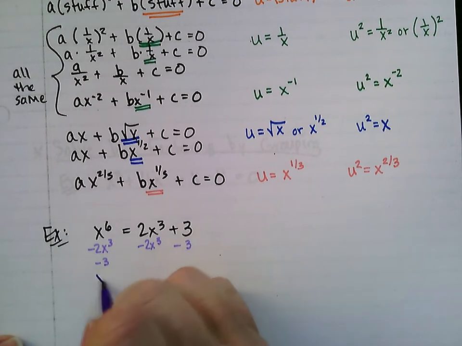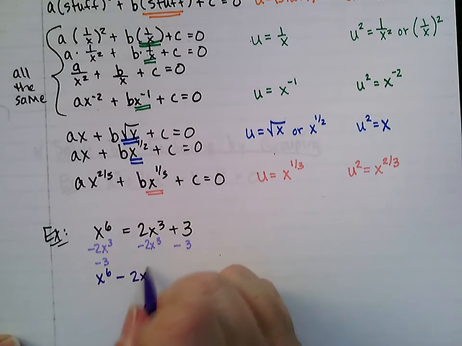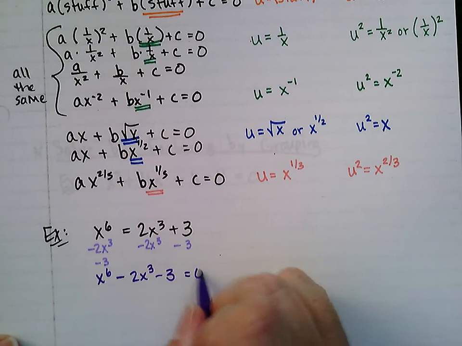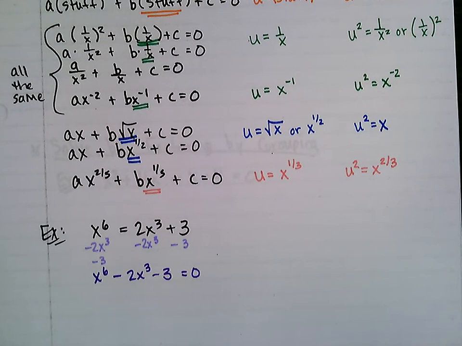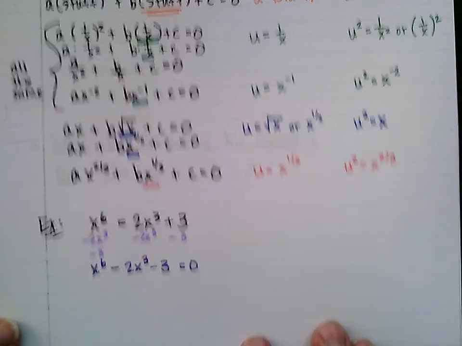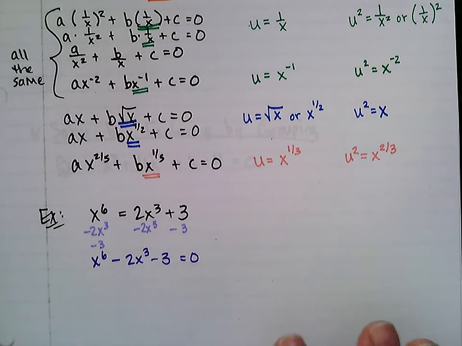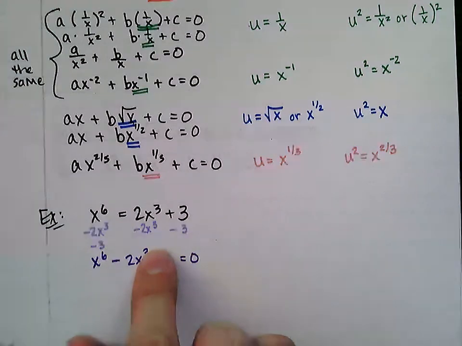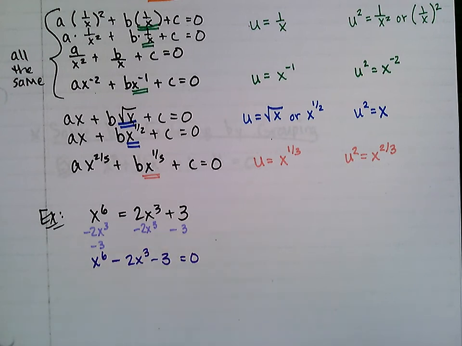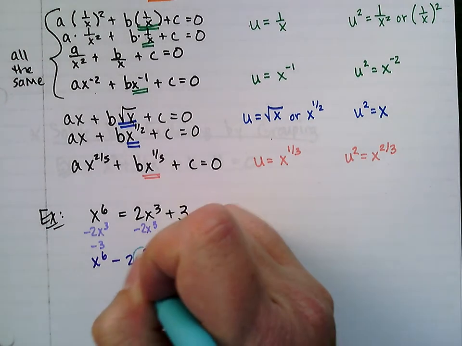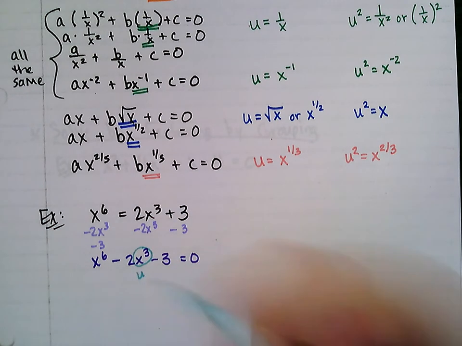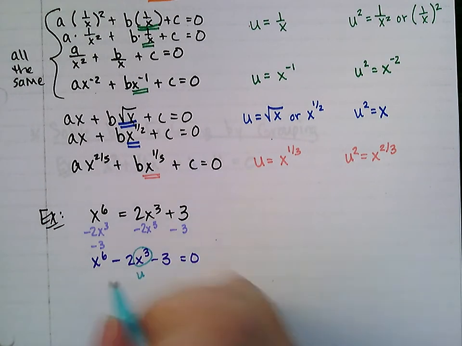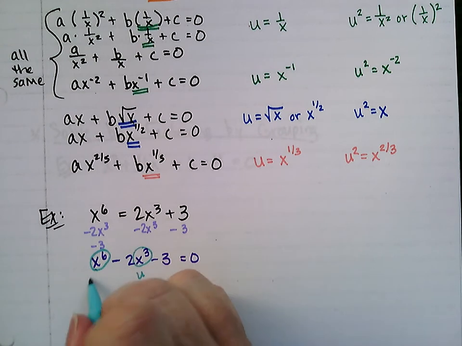So now I have x to the 6th minus 2x cubed minus 3 equals 0. And then I'm looking at my exponents. I want to find the one that's twice as big, and I'm going to replace it with u squared, and the one that is not twice as big, the one that's regular, is going to be u. So in here I see 6 is twice as big as 3, which means I'm going to be replacing this x cubed with u, and this x to the 6th is going to be replaced